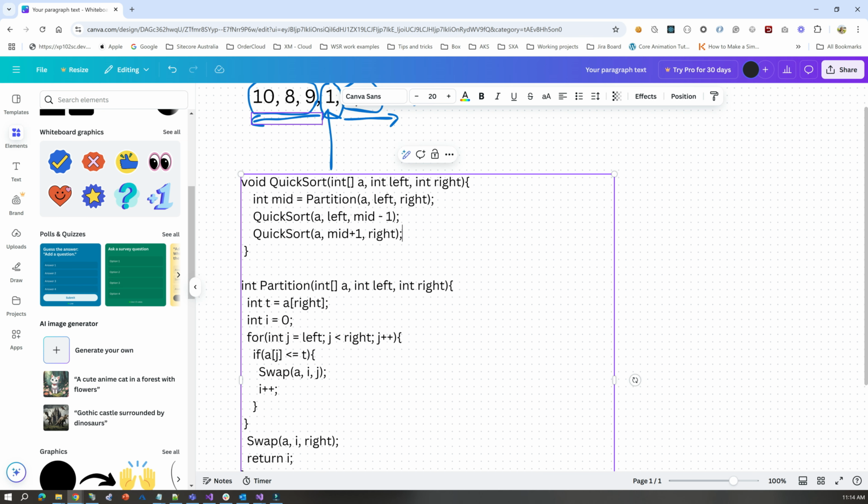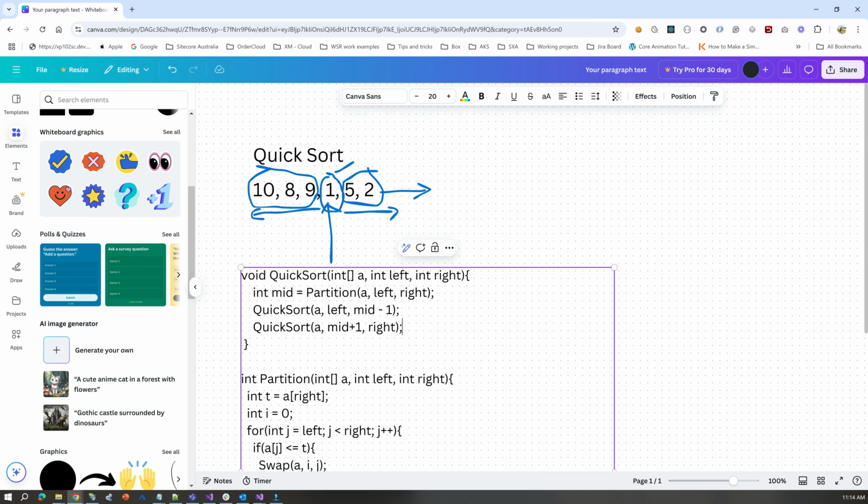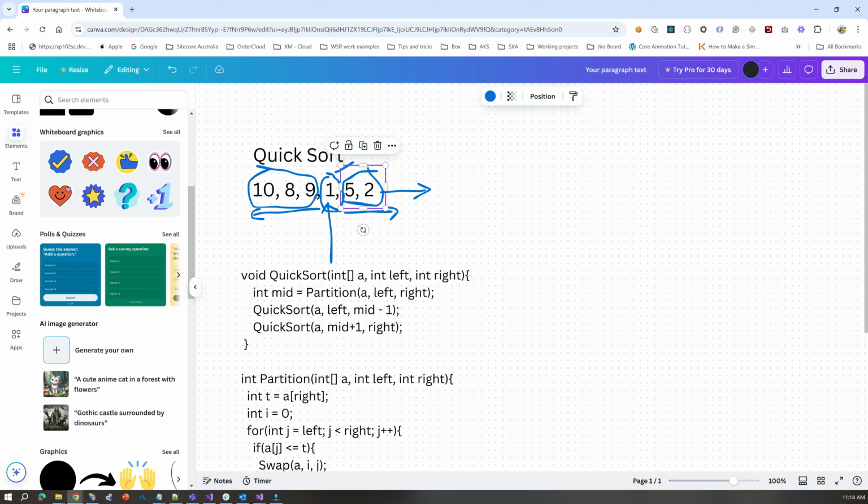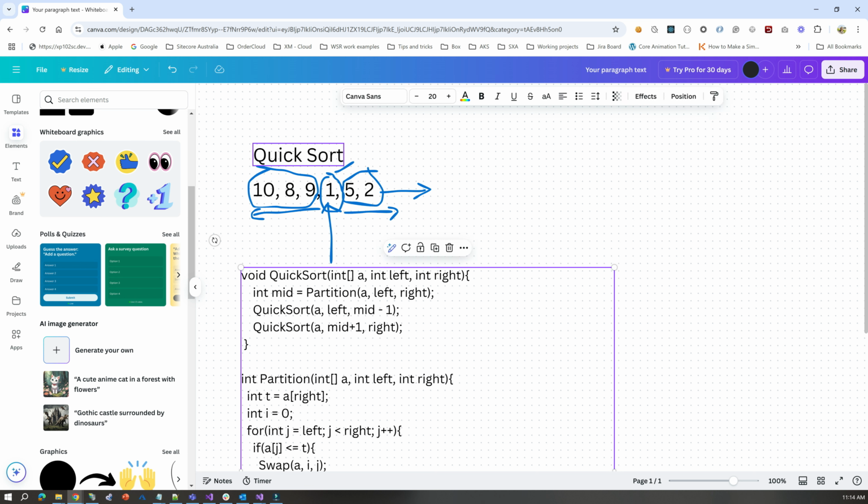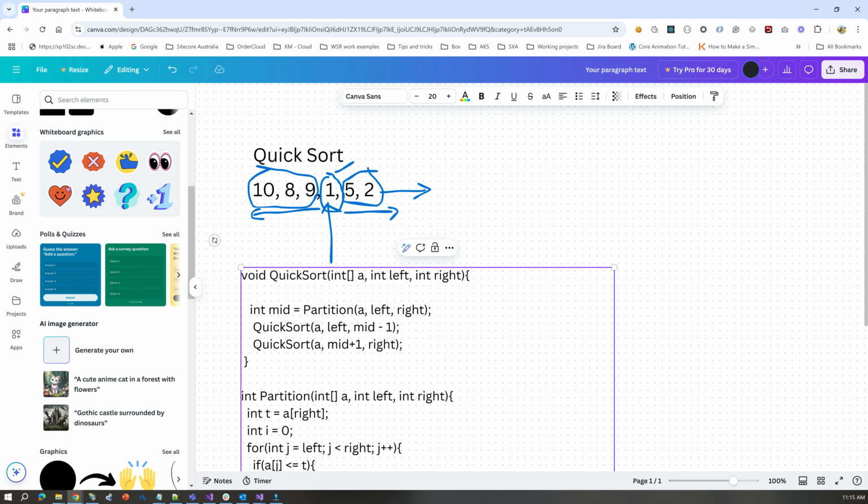And then when you find those subsets, you just need to call the same function again on them, and it will again organize the list in a way that everything on the left is less than or equal to, and right is greater than, similarly here. When it keeps doing this again and again, you would see your list is sorted out. The only thing you need is a breaking condition here,